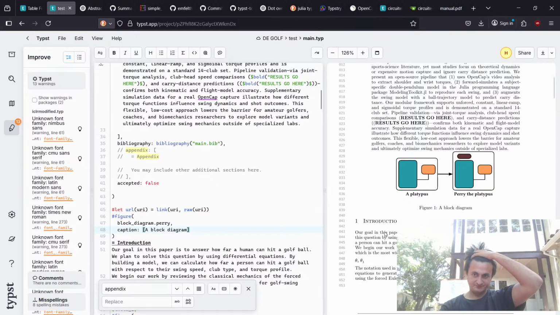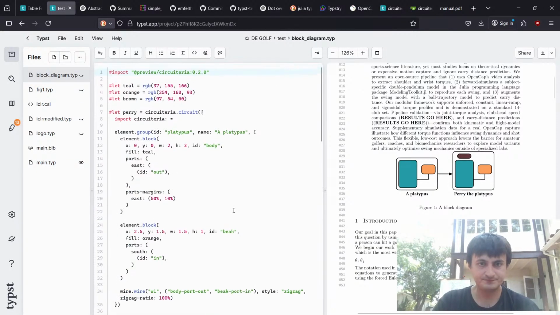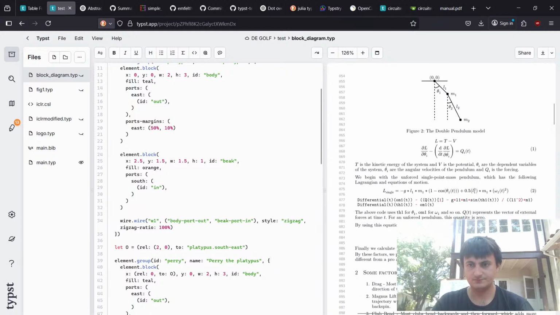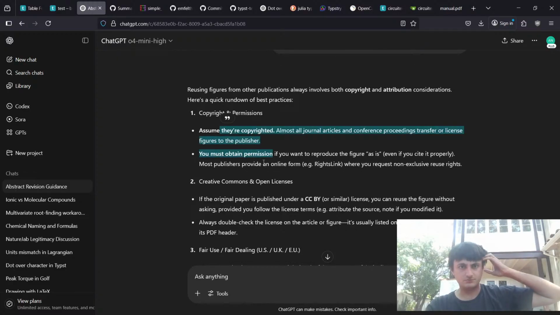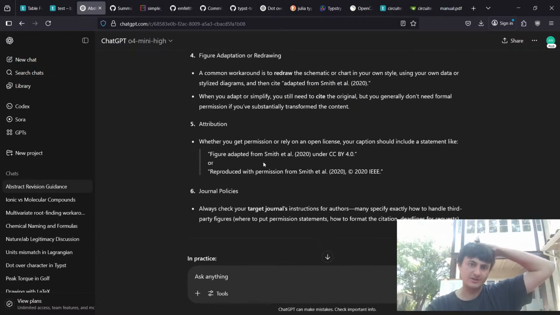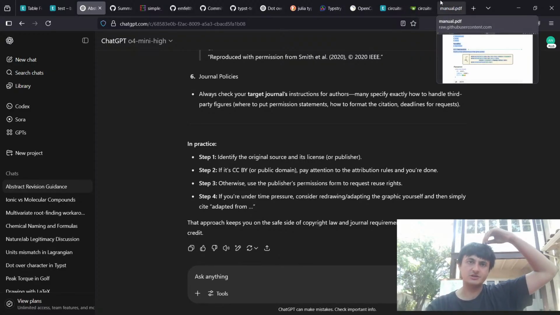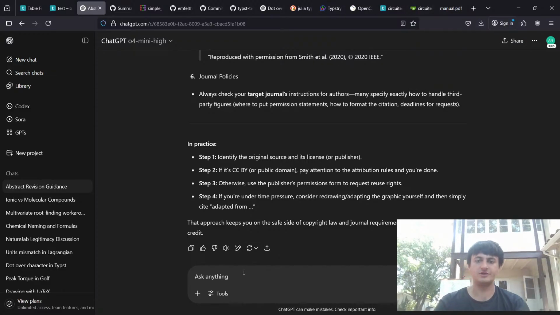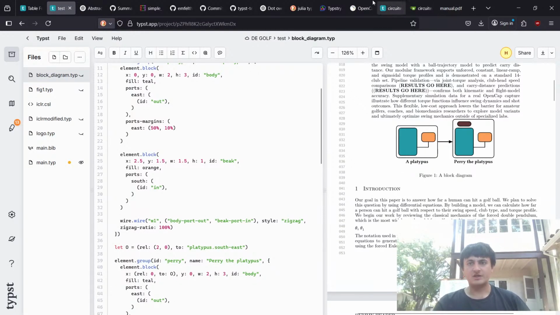Okay, so we need to now figure out, oh yeah, what are the rules? Reusing. Oh shit. Okay, so we probably shouldn't. So on the safe side, I probably shouldn't actually do it. Okay, so let's go